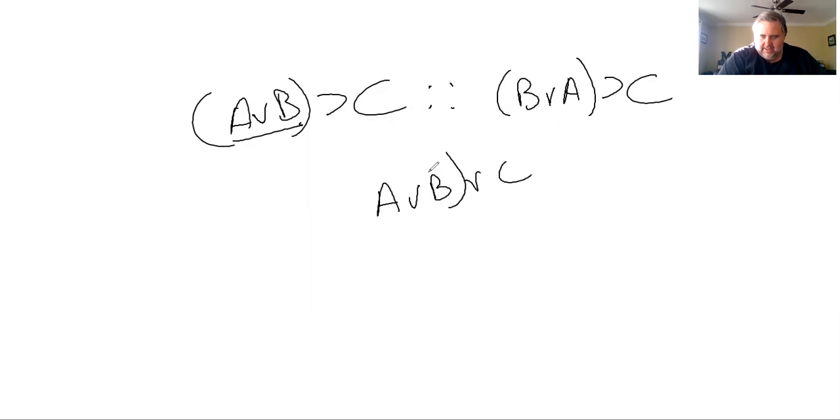But rules of replacement, you can take part of a sentence and you can say, well, if I say, you know, A or B, therefore C, so I have A wedge B horseshoe C, we could actually perform a rule of replacement on just part of it and make it B wedge A horseshoe C. Now, it has to be what's in the parentheses. You couldn't have A wedge B wedge C and then come back and say, you know,